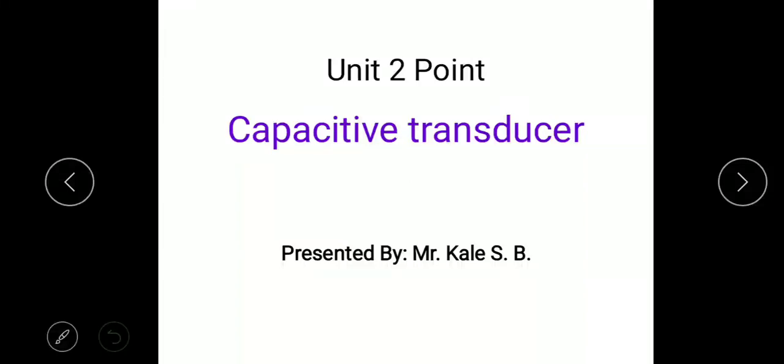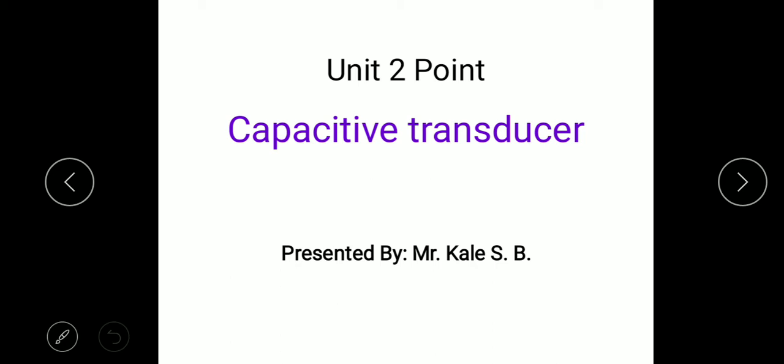Hello friends, today we are going to complete the new topic, the capacitive transducer device. Already we have done one lecture on the capacitive transducer, but that time we discussed how we can measure the water level or the level. So today, to minimize your confusion, I am here with this device again, but here we are not going to measure the level, we are going to measure the displacement, because one device we can use for a number of purposes.